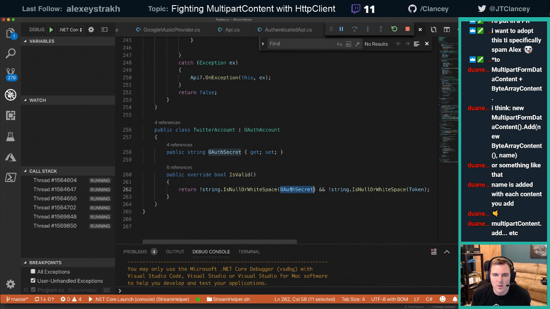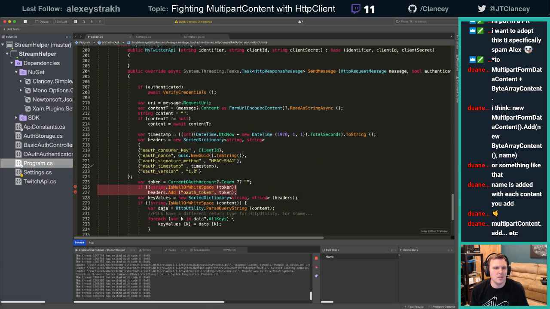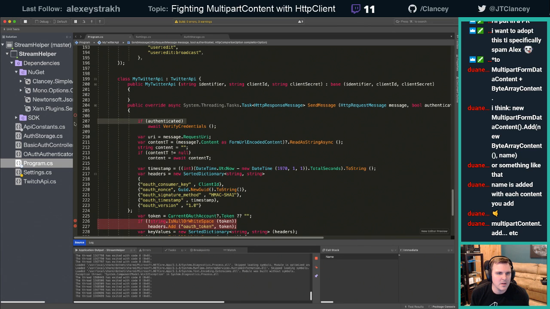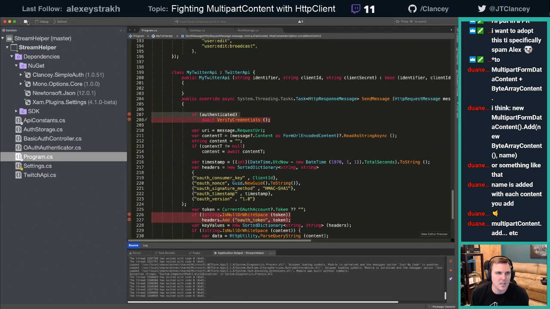If the OAuth secret is not valid, because I need that to do all the signing stuff, and the whitespace token is not valid. So obviously it's saying this account's valid, but then that's empty. Mind blown. All right, so let's put a breakpoint right here. And make sure it thinks this thing is